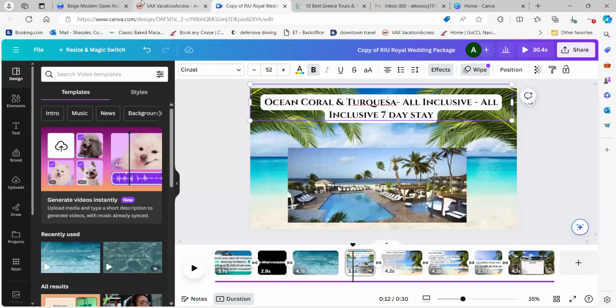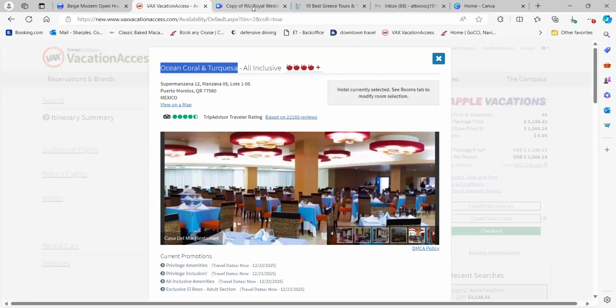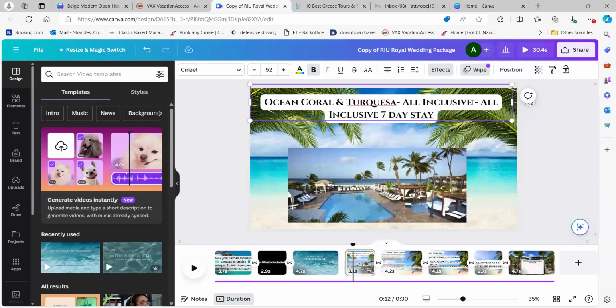I think this is a 7-day stay or 8-day stay. What I recommend if you don't want to use your own personal phone number is you can create a free Google phone number as well. It will still reach your phone, but it's not them calling or messaging you directly. So with Google Voice, they can text in there and it's not reaching you directly.